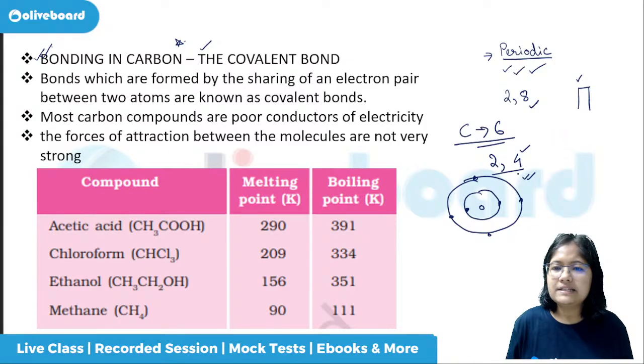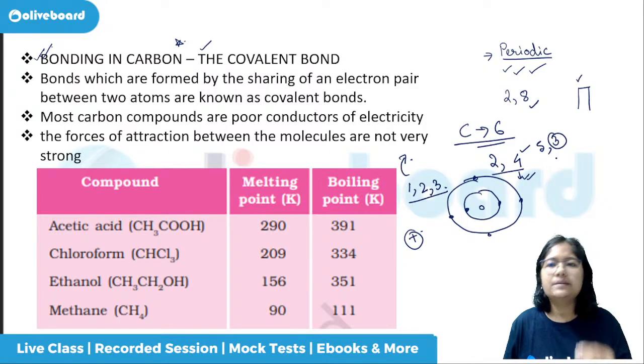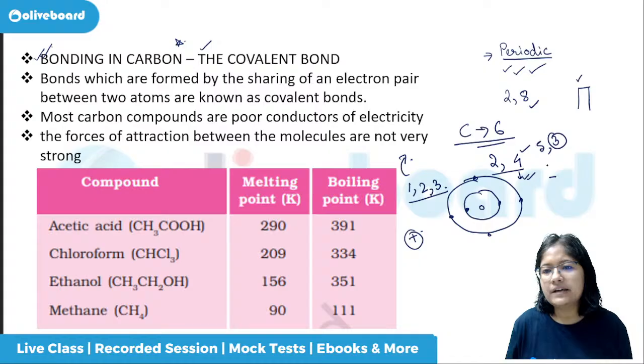So if it is less than 4, if it is 1, 2, or 3, then it will be easier to give this away. Giving this away, the giver will get the positive, right? And if it is more than 4, say 5, that means 6, 7, 8, you require 3 more. You can accept it, and the acceptor will get the negative. And if it is 6, then you just need 2 more. If it is 7, then you just need 1 more.